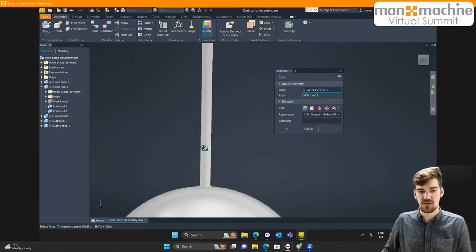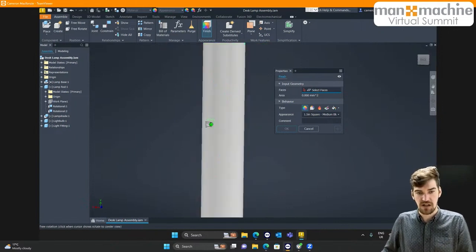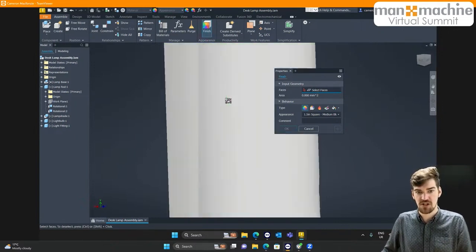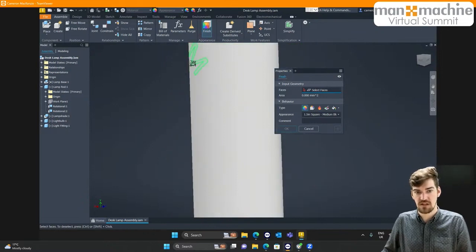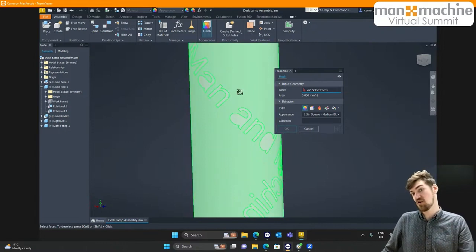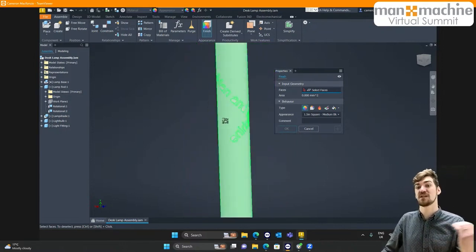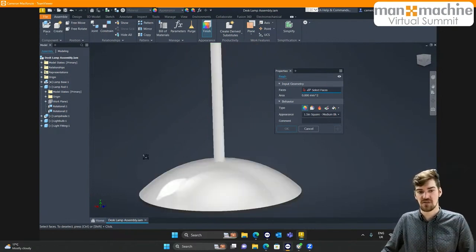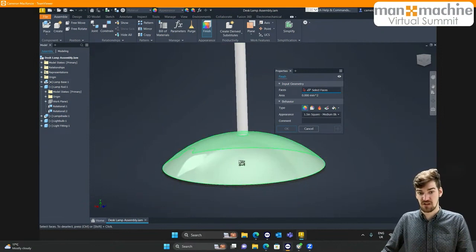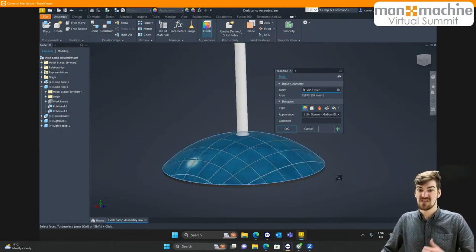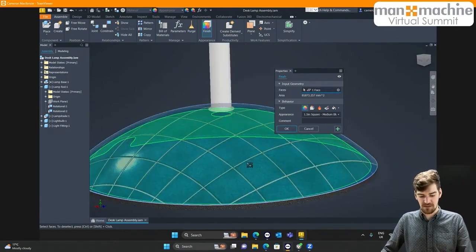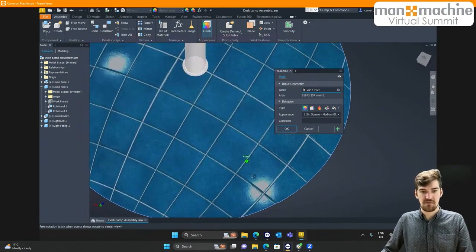Now those can be individual faces. We saw how we cut the Man Machine name into the lamp rod earlier, so we could apply it to that, and you can see how it split the surface. So it is applying this to surfaces, so you can split surfaces in order to apply different materials or different finishes at each of those surfaces. I'm just going to apply to the entire bottom, the foot of the lamp over here. And as soon as I click on that, you'll see how it really quickly takes that,